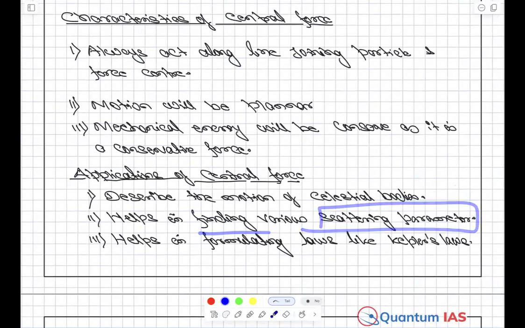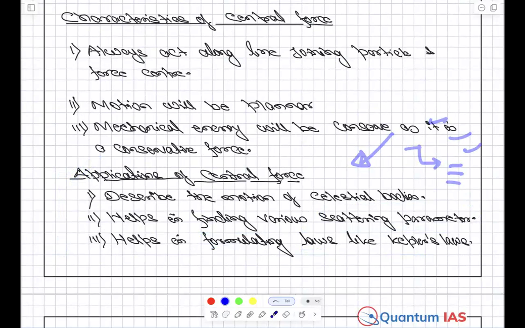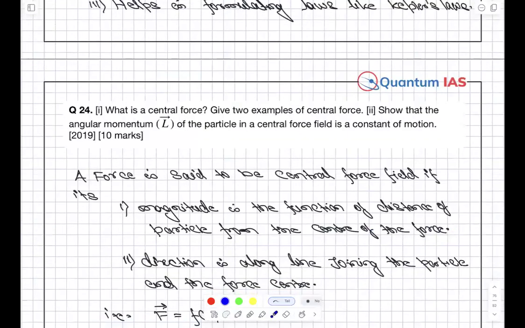एप्लीकेशन ऑफ सेंट्रल फोर्स, डिस्क्राइब द मोशन ऑफ सेलेस्टियल बॉडीज, helps in finding various scattering parameter। रदरफोर्ड पढ़ा है तुम लोगों ने। helps in formulating laws like Kepler's and all these things। जो तुम्हारे सिलेबस में मैंने वही उठाकर डाल दिया एप्लीकेशन में। एप्लीकेशन की कोई वैल्यू एडिशन शीट वेट करने की बहुत ज्यादा जरूरत नहीं है। जस्ट व्हेन यू आर राइटिंग अपने नोट्स में कहीं ना कहीं उसको ऐड कर लो एक लाइन में। अच्छा ये टॉपिक है, इसका ये डेफिनेशन होगा, ये एप्लीकेशन होगा।